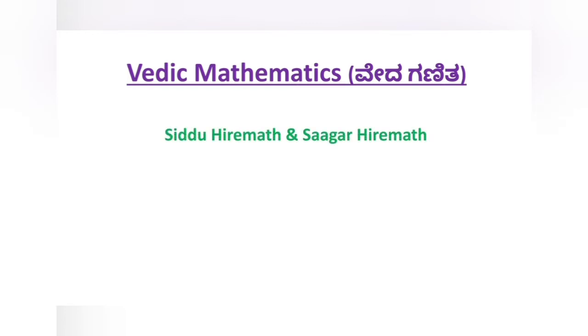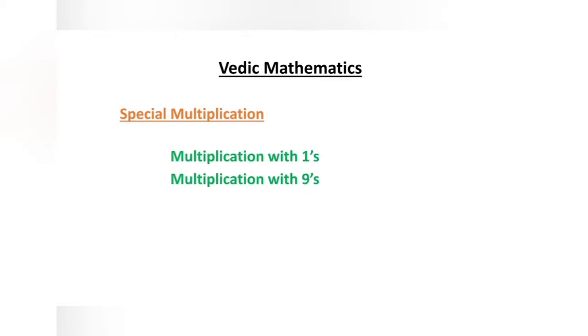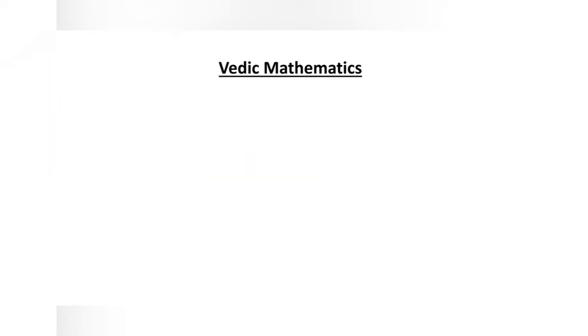My son, Master Sagar Hiremat, and myself, Sidhu Hiremat, we both welcome you to this week's Vedic mathematics session on some special mathematical operations, in specific with a couple of fascinating multiplication types. The multiplication types we are going to understand here are: one is with the number involved ones and another with the number involved 9. Friends, before we move on, we look into the keywords used in our explanation here.